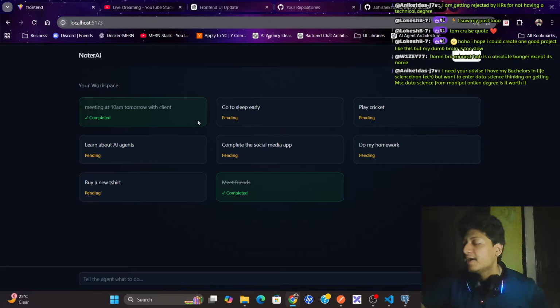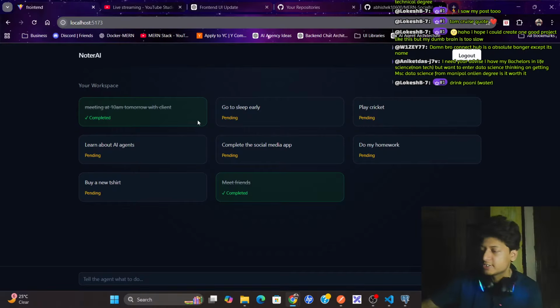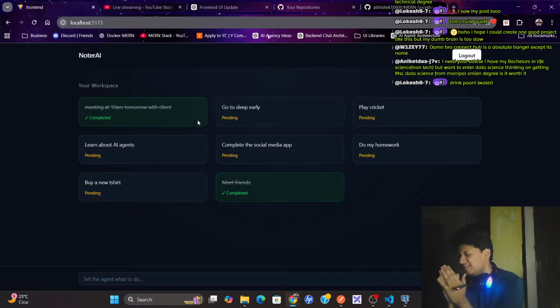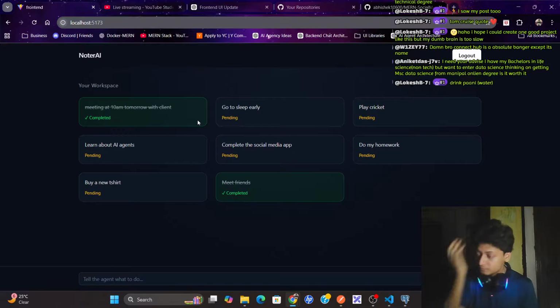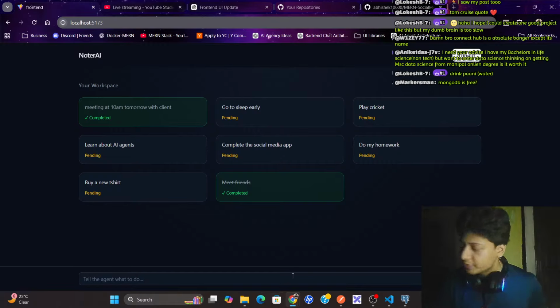Basically, see, in India, people go for BTech and all those things, but that's why you should go for startups. Aniket Das, I would suggest that you should go for startups. Try to target startups.